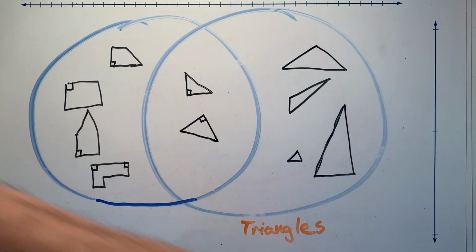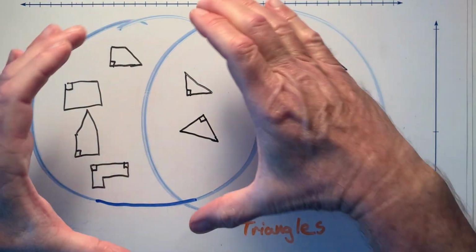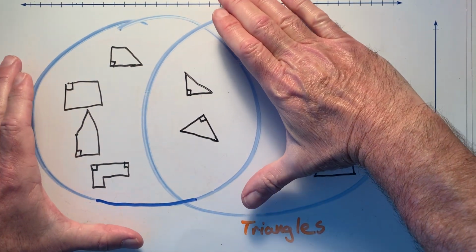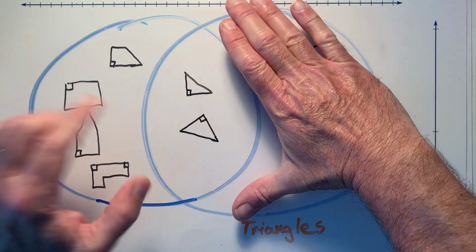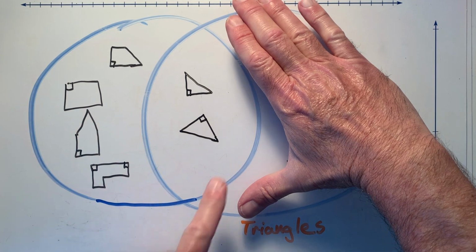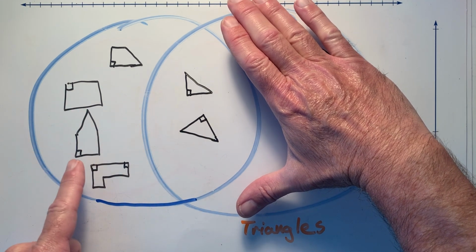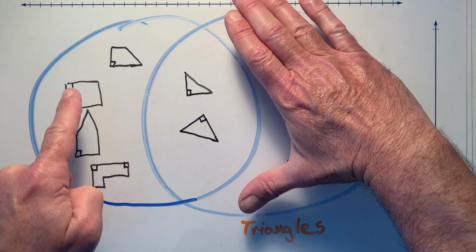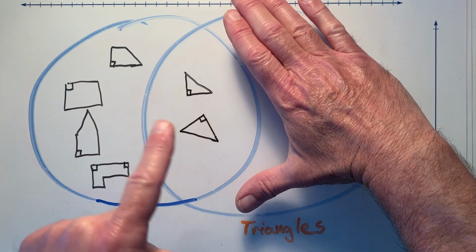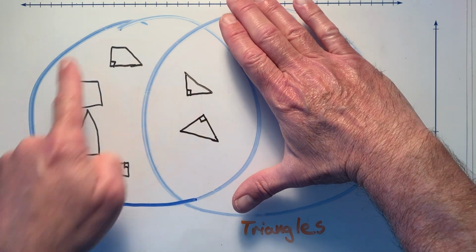Now let's take a look at the condition in this circle. Again, look at the entire circle. Use your hands. Think, okay, I have to look at the whole circle. What do you notice about these? By covering this one up and looking here, what do you see that is common? Well, I know they're all polygons. That's for sure. And this is a hexagon. This is a pentagon. This is a quadrilateral. This is a triangle. So it's not the number of sides.